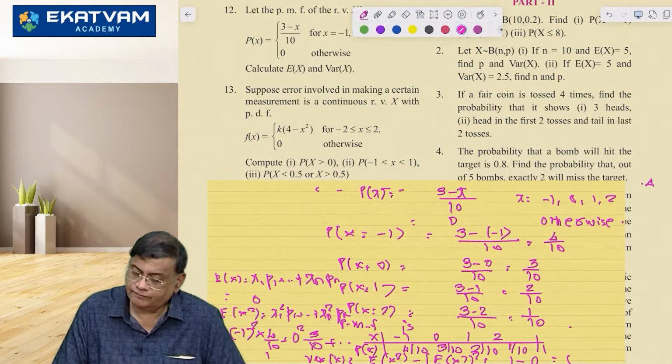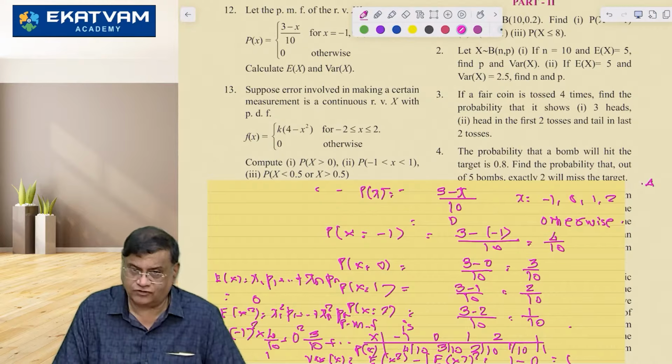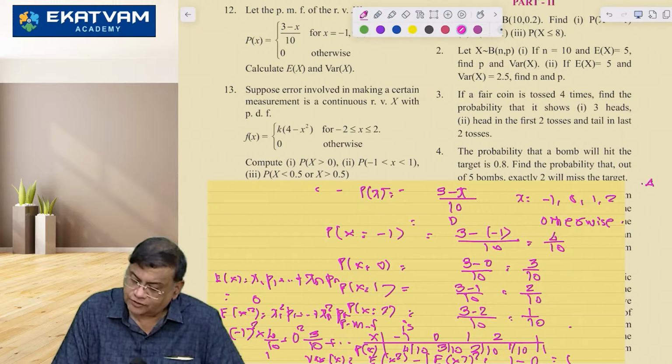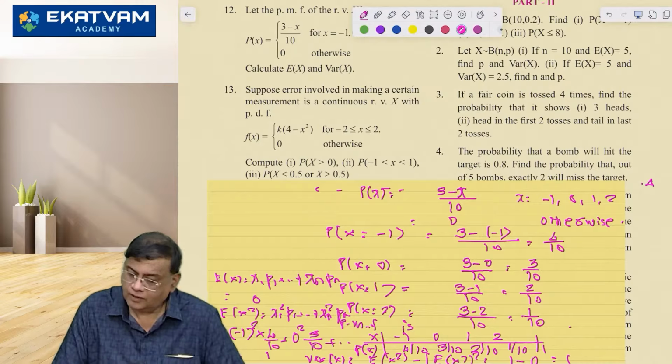However, in the 13th sum, if you look at it, they have given the range. So it should be the continuous distribution. It therefore should be the continuous distribution. So first we have to find the value of k. And therefore,